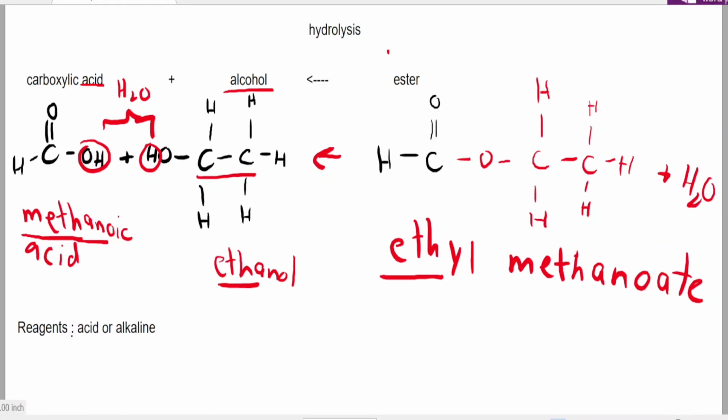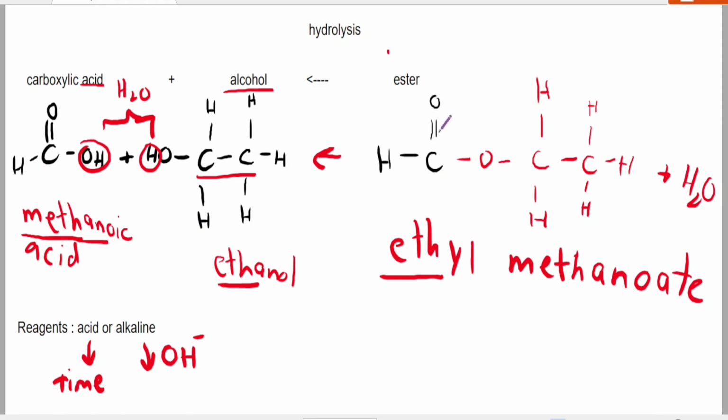Now the reagent for this reaction is any acid or alkaline solution. But remember that acid hydrolysis takes a lot of time, and alkaline solutions take less time to hydrolyze esters, because the OH minus ion from the alkaline solution is a stronger nucleophile than water, and it doesn't reach equilibrium but